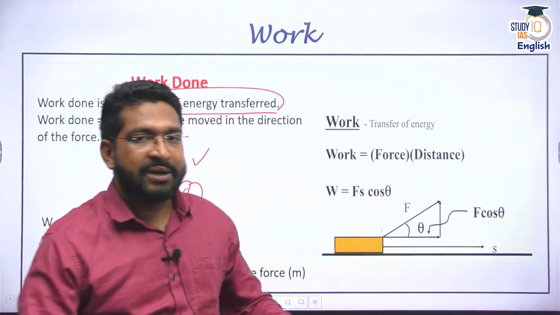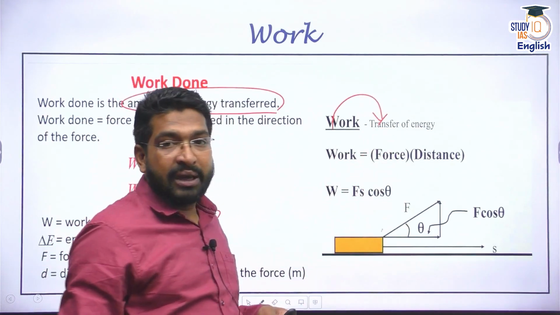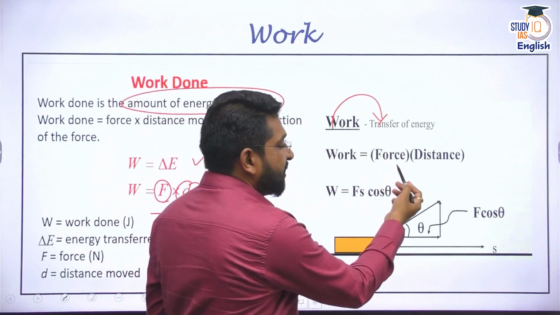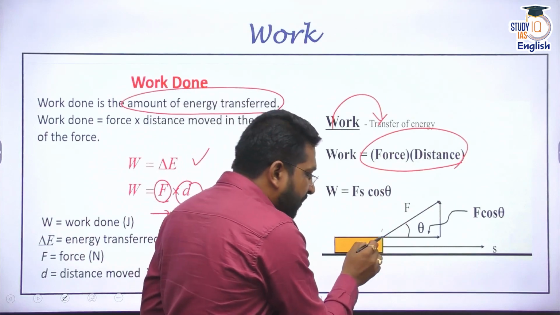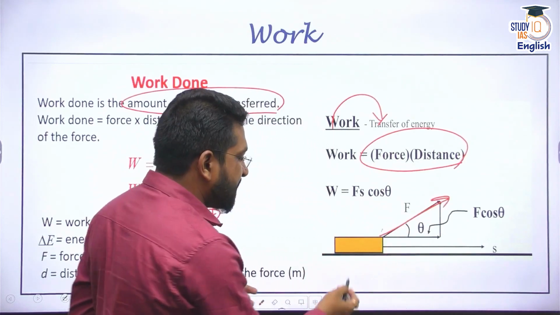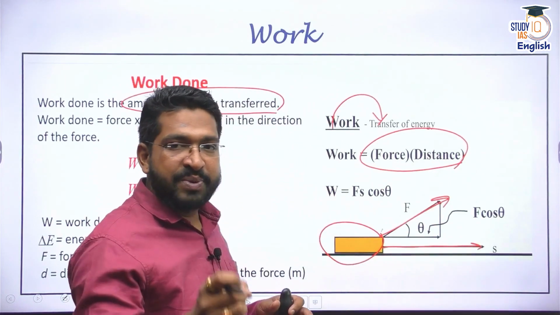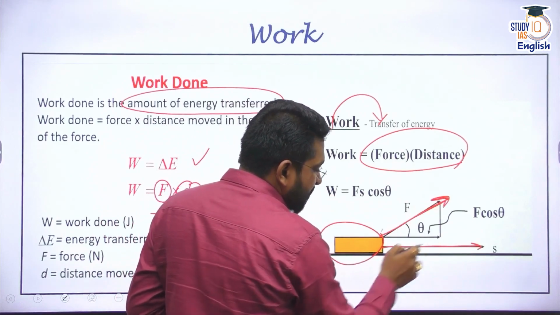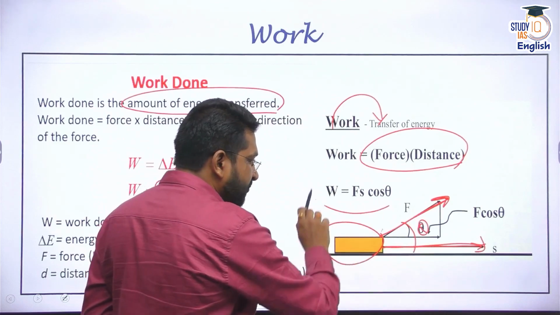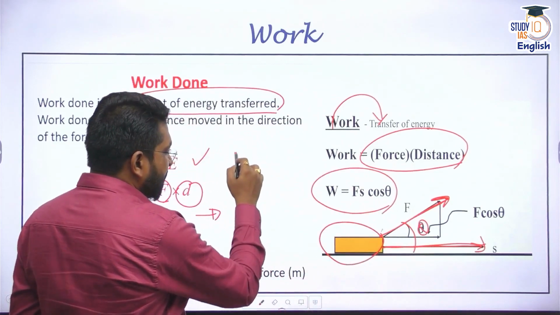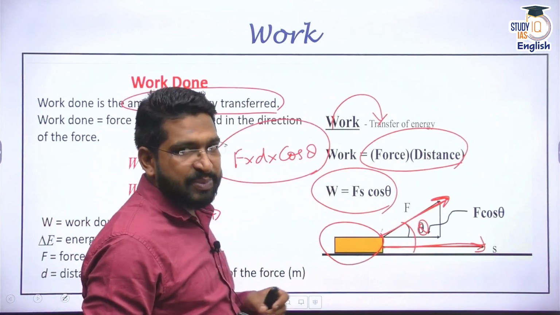Again, if we delve a little deeper, then we'll understand that work, which is equal to transfer of energy, can be said to be the product of force and displacement. And if we are applying force at one particular angle, say for example, this is a block, I can pull the block in this direction, the angle of force and the displacement would be 0. But if you're applying force in this direction and the displacement is in this direction, then the angle between these two is used to calculate work. So work done is equal to force into displacement into cosine of the angle between force and the displacement.